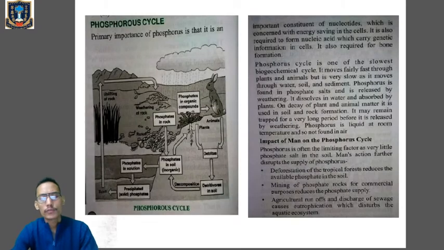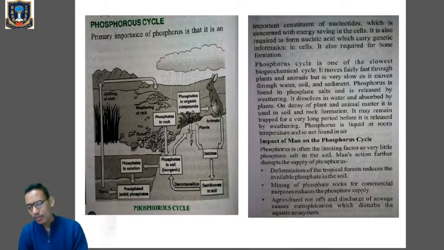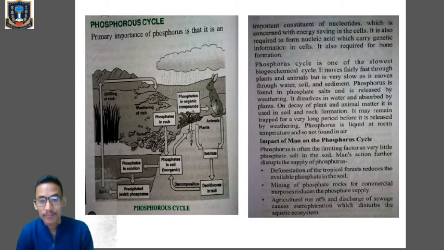Next one, phosphorus cycle. Now the most important part of phosphorus is that phosphorus is an essential component of nucleotide. You have heard of DNA, deoxyribonucleotide. So this particular phosphorus is one of the most essential components of nucleotides. It is also required for the nucleic acids to form. Nucleic acids means DNA. So phosphorus is essential for the formation of nucleic acids also, which carry the genetic information